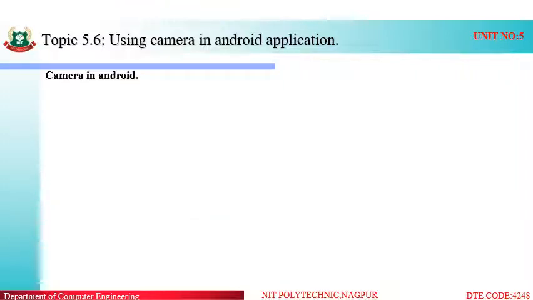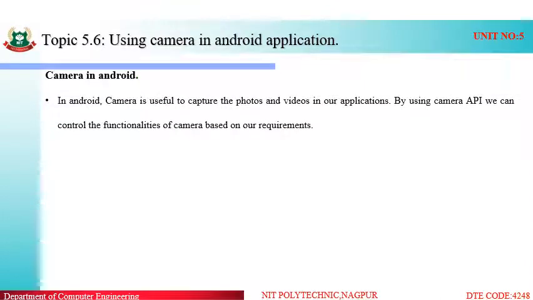Using the camera in Android: the camera is the default application present in our Android system under the media class library. In Android, the camera is useful to capture photos and videos in our applications. By using the camera API, an inbuilt API provided inside the media class library, we can control the functionalities of the default camera application based on our requirement.